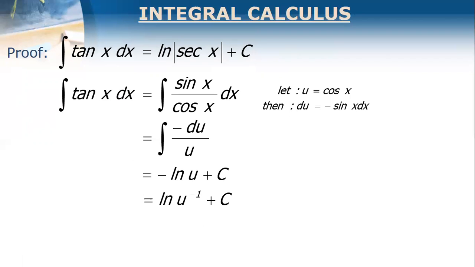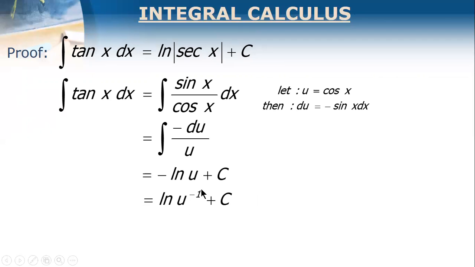If you want to prove it yourself, I'll give you an example. Like 3 ln 2 is just the same as ln of 2 cubed, or ln of 8. So 3 is written as an exponent of 2. From a coefficient, it is now an exponent of 2. So 3 ln 2 is the same as ln of 2 cubed, or ln of 8. They all have the same answer. So go back to this: negative ln u is the same as ln of u raised to negative 1.